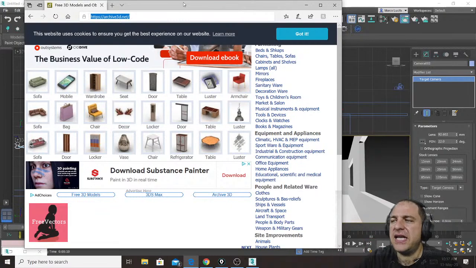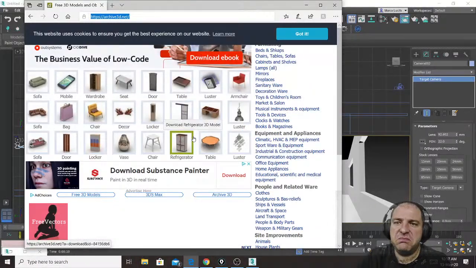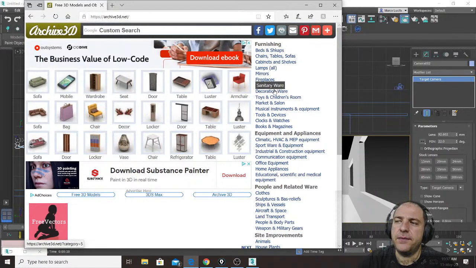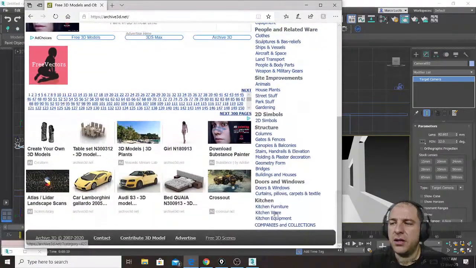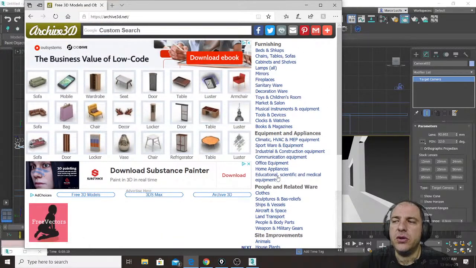This one is not like that. It looks very old school, because the interface of this website is very classic, but it works. So let's see how it works. It is very simple. It works by having on the right all categories of 3D objects that you can download. And once you select a certain category, let's say, I don't know, chairs,